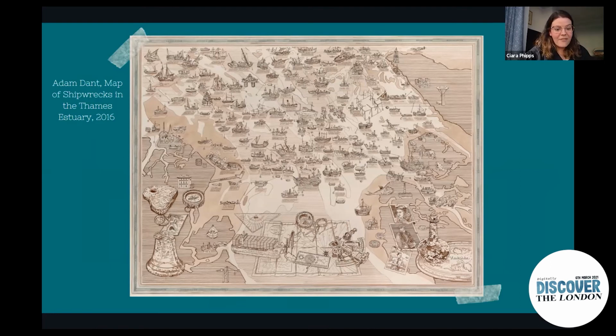So it was not an option to have it in that exhibition. So we were encouraging people to go next door into the gallery and have a look at this wonderful artwork, to give you an idea of what he was looking to do. This work illustrates all the wrecks in the Thames estuary, and it was a great way to incorporate an artist commission. It was commissioned as part of the Estuary Festival originally,